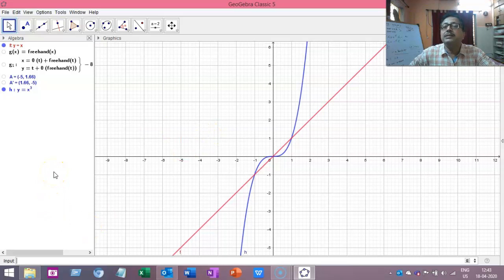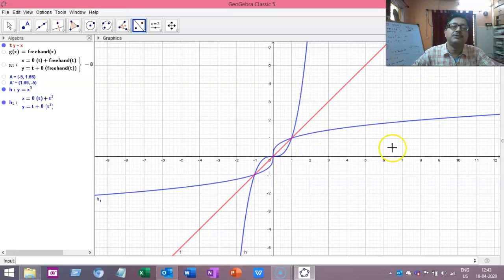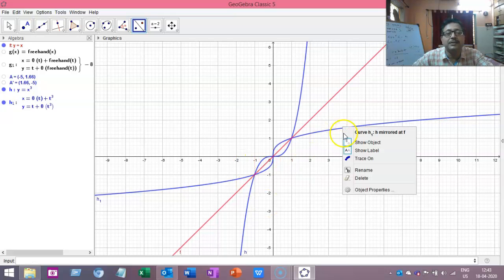Let me start with the reflection first. So I choose this tool again, reflect about the line. Reflect about which line? This line. Which one are you going to reflect? The curve. Yeah. Now see the inverse. So I'm just changing the color of this reflection.